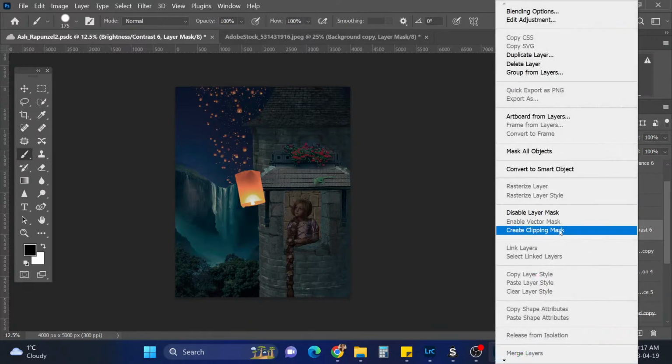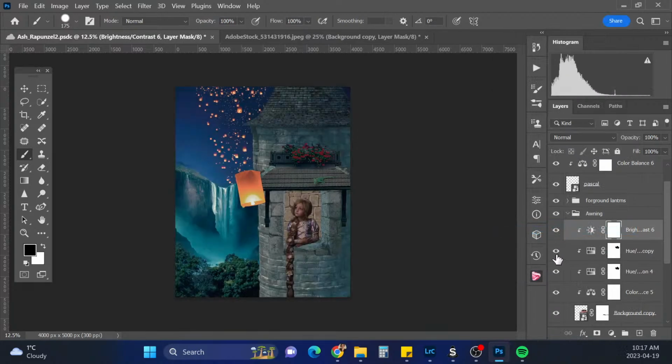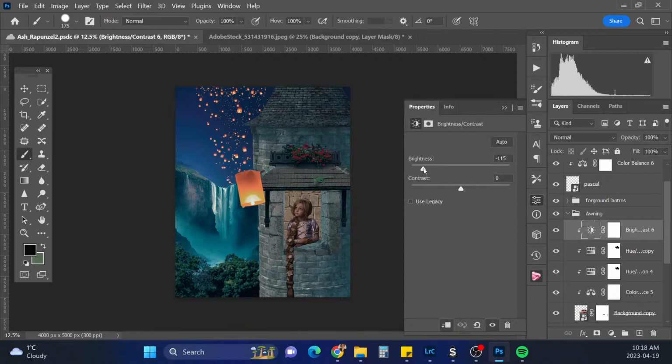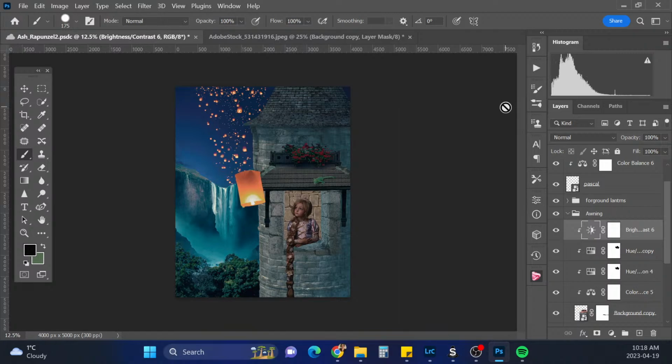Oh, here we go. Create a clipping mask. Let's just see if a second one helps at all. A little bit.